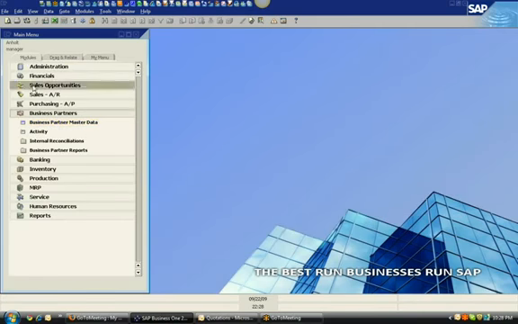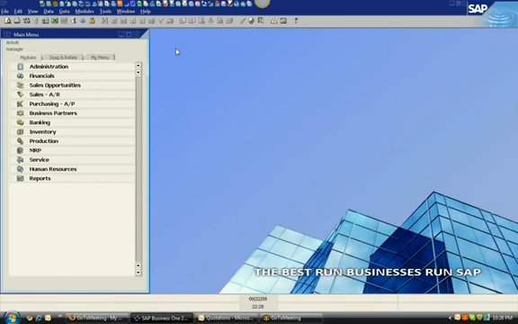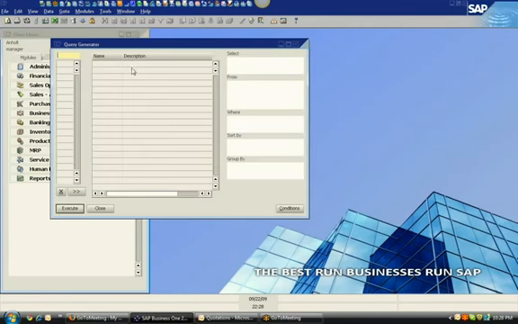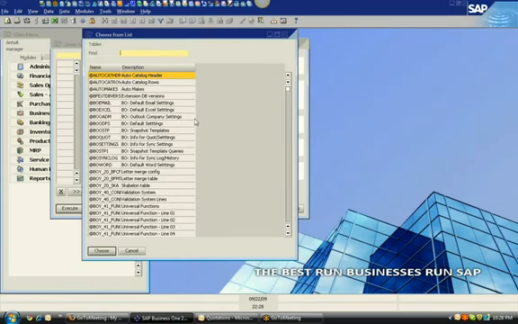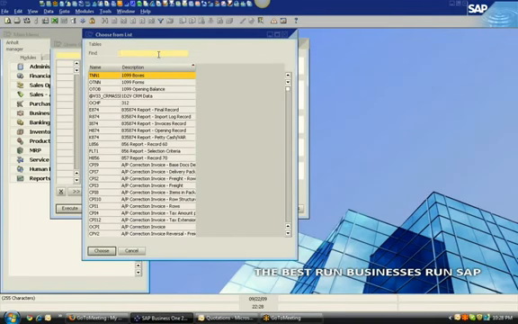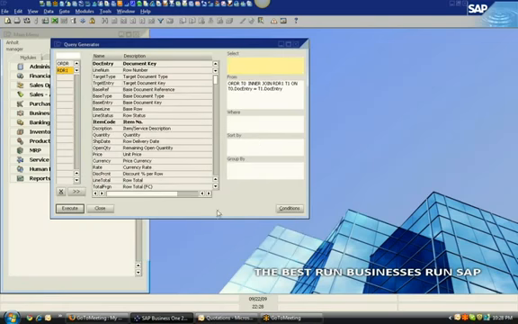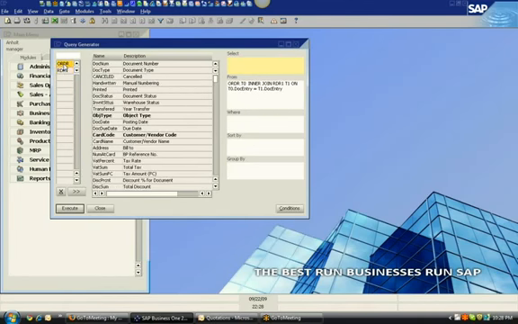The other way to create reports in the system is a very simple approach. It's called the query generator. And so for example, I'm going to click in the query generator. I'm going to hit my tab key, sort by description, and what I want to do is grab some sales order reports. I'm going to create a sales order report. So I'm going to select my sales order header table, and I want to select my sales order row. So I'm actually selecting 2 tables in the database, and I'm going to select choose. The system automatically joined those tables for me, so I don't have to be an IT expert in order to